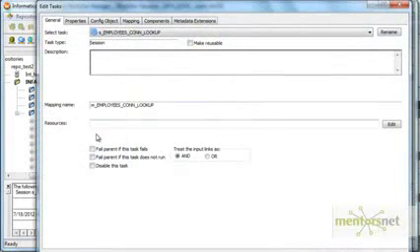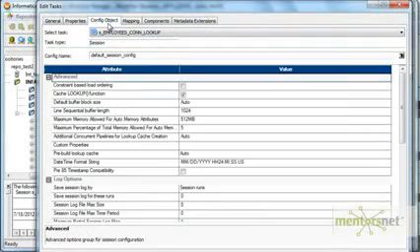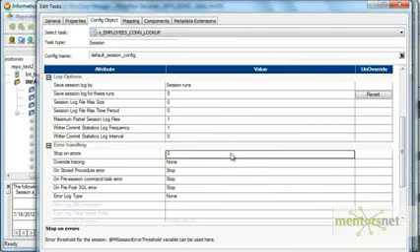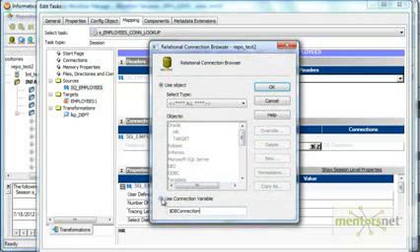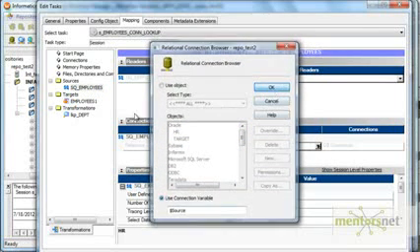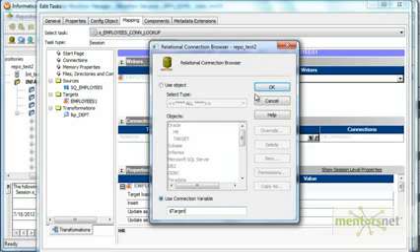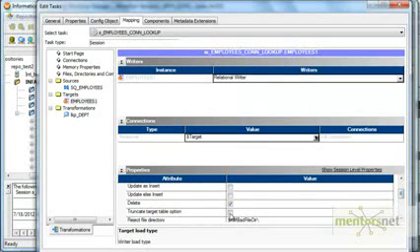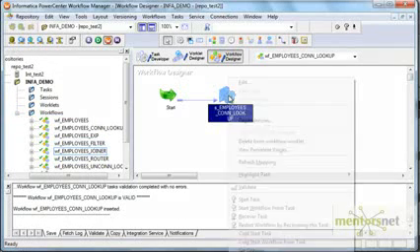I'll configure the session properties now: HR target, and save session log for 5 runs. Stop on errors as 1, and in the mapping tab I'll give the source as $source and target as $target, and I'm going to change this to normal, and I'll truncate and load the target table. So let's run this and see how many records we'll get.